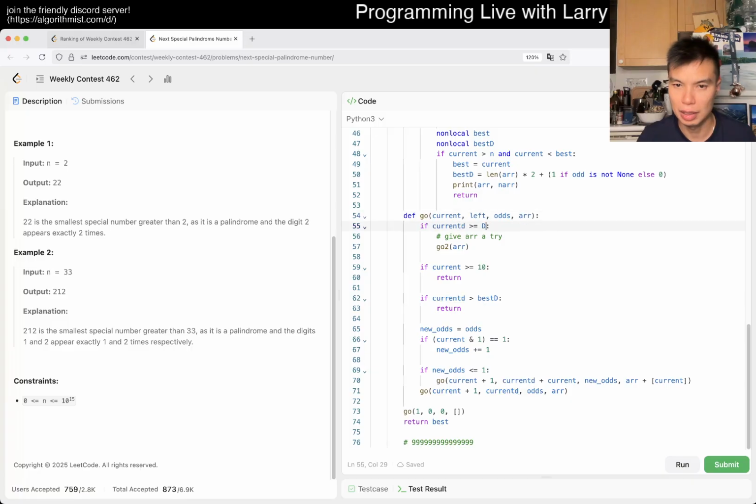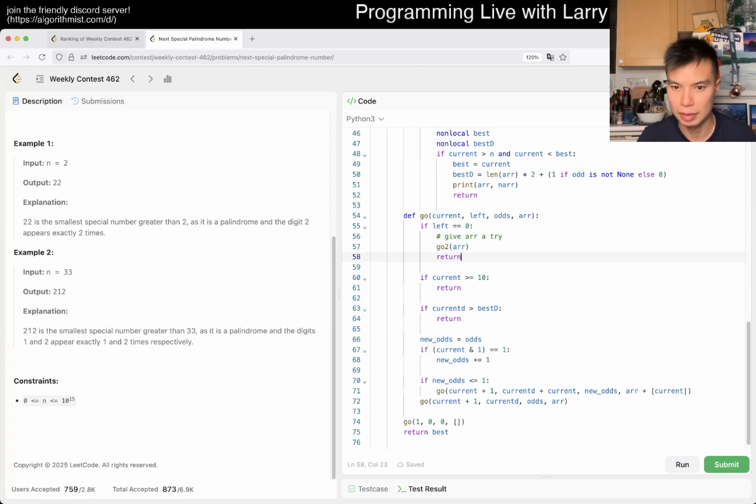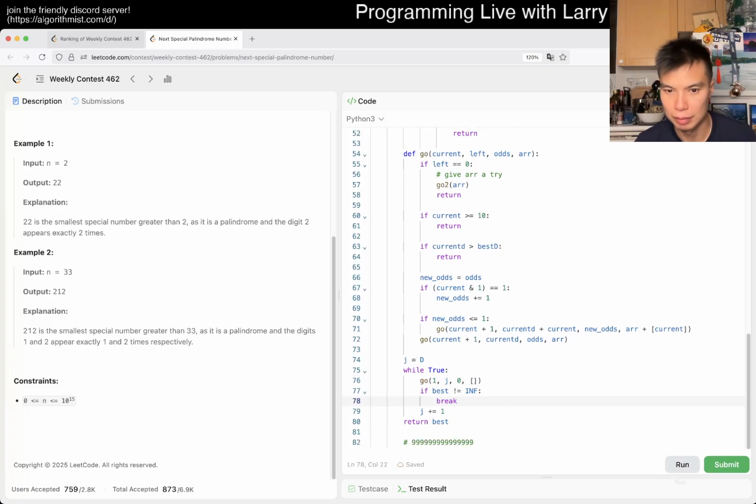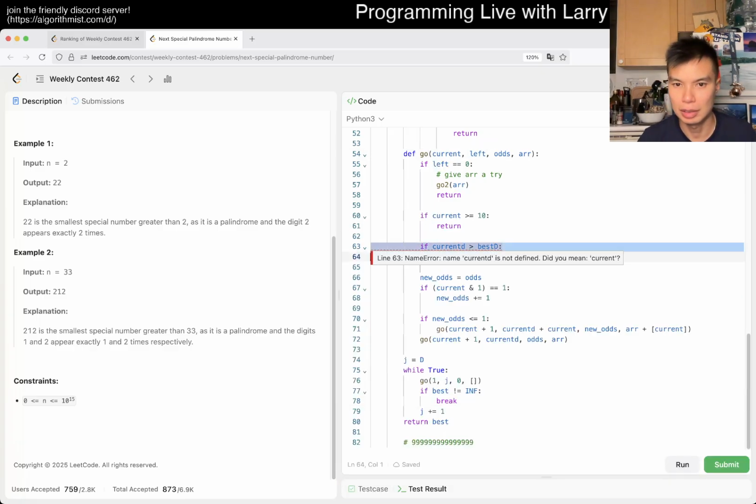Yeah, let's just do left. Then now we can maybe do something like for i and j is equal to d, while true we do j. Yeah, if best is equal to infinity, we... if it's not equal to infinity, then we break. Current d. Okay, no, that's also not needed